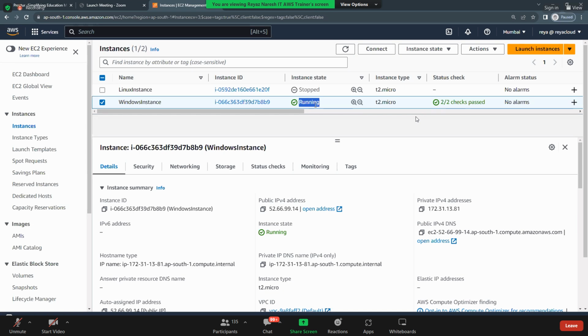When it is rebooting, will there be any change in the instance state? It shows running all the time, but in the back end, it is rebooting. When it is rebooting, people cannot log in. Anyone can tell this. This is based on experience only, no? It is not written anywhere, right? So this is based on the experience I'm telling.